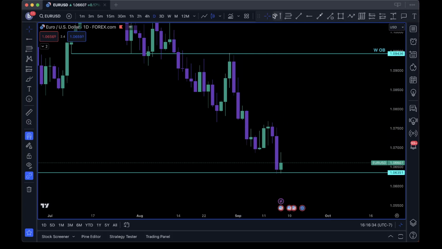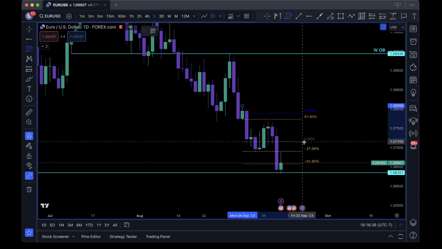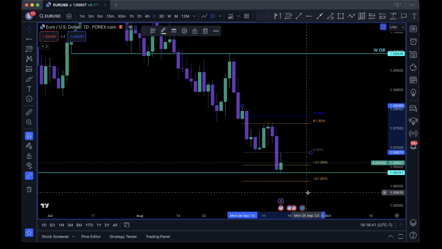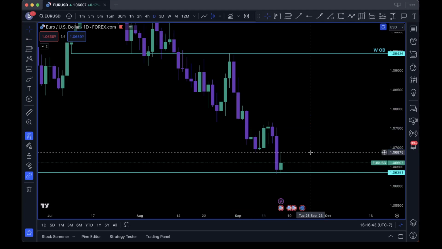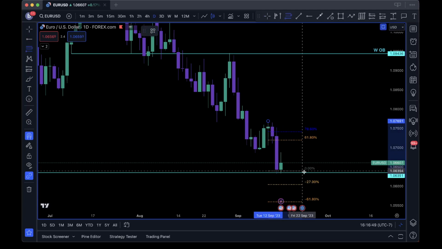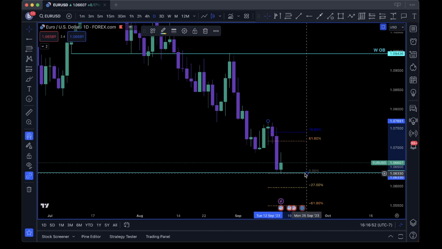But target achieved on this trade, right? I mean, let's pull our fib. We came into premium, OTE right here at the 61.8, and then down and hit that minus 27 extension. So we're good there. That's done. What do we have next, though? What do we have next for Euro? That's what I want to know. What kind of trade am I looking at coming into this week?